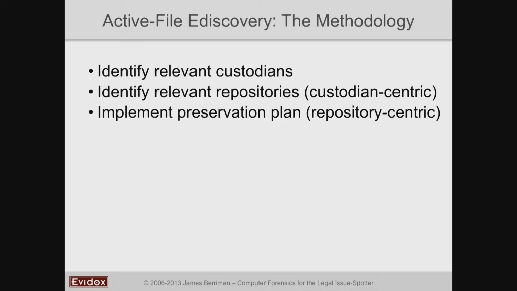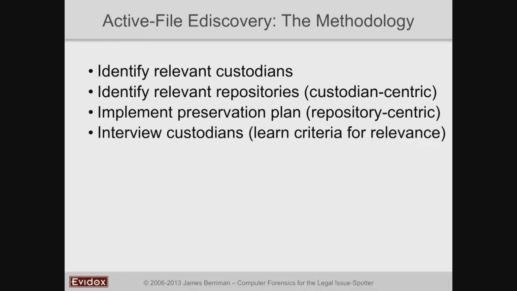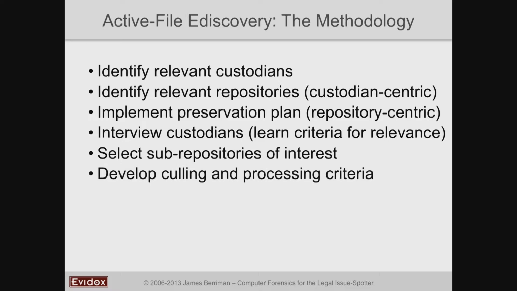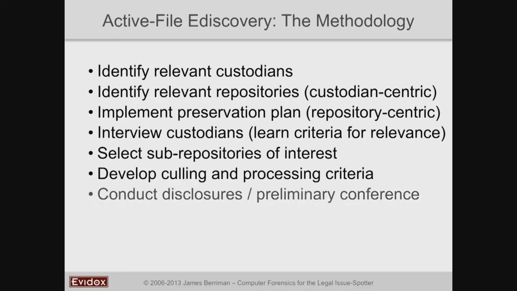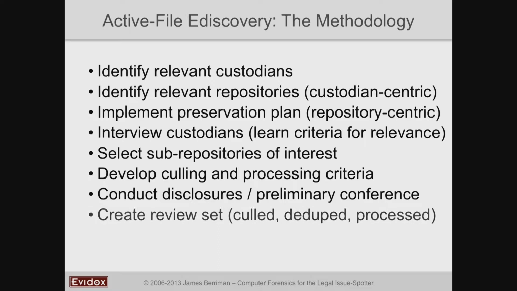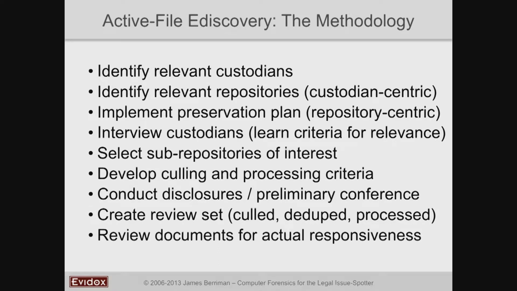We preserve those repositories. We then talk to the custodians if we can, if they still work for the client, to figure out within those repositories what we're looking for. Then we select the sub-repositories of interest, the particular files and date ranges that matter. We develop the culling and processing criteria, the keywords, et cetera. Disclose to the other side what we're doing, create the review set based on all these criteria. We, the attorneys, review the documents, determine which are responsive or not, and we end up with a responsive subset